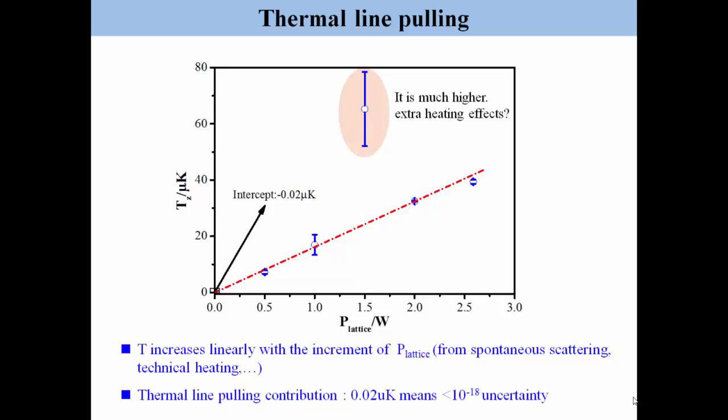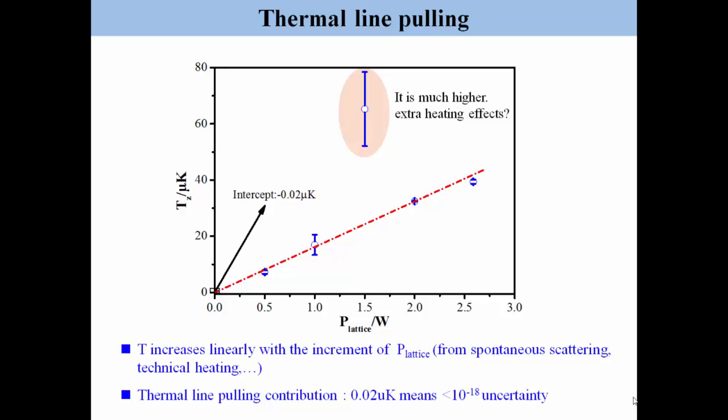We use linear fitting and find the intercept of the linear fit is 20 microkelvin, and we estimate the thermal line pulling contributes at below 10 to the minus